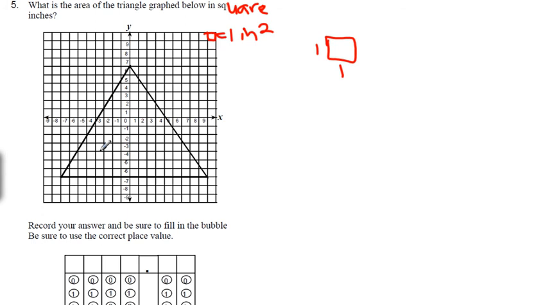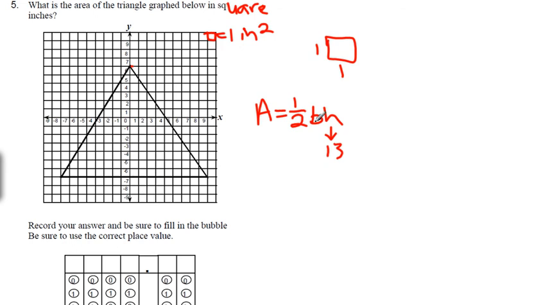So we could count all these, or we could think, well, I have a formula that tells me the area of a triangle. It's 1/2 base times the height. And we can measure it. We can measure the base and height of this triangle. If I go from top to bottom, I got 1, 2, 3, 4, 5, 6, 7, 8, 9, 10, 11, 12, 13. So I can say the height of my triangle is